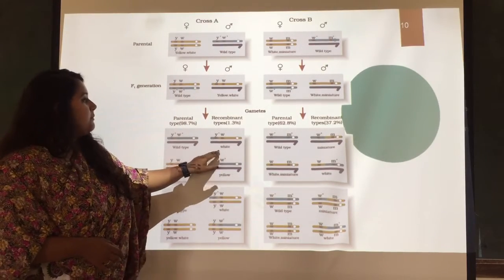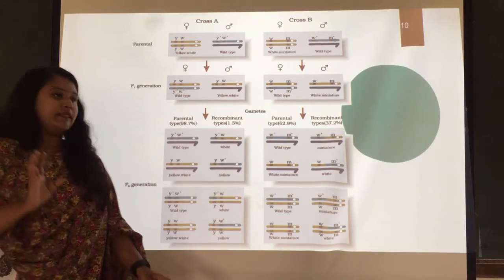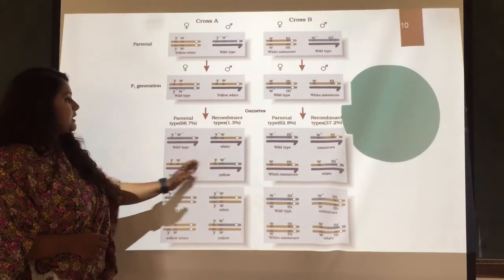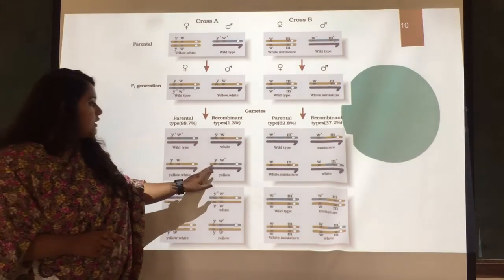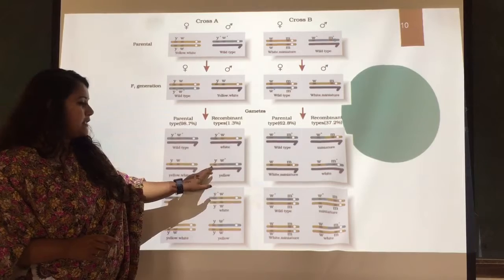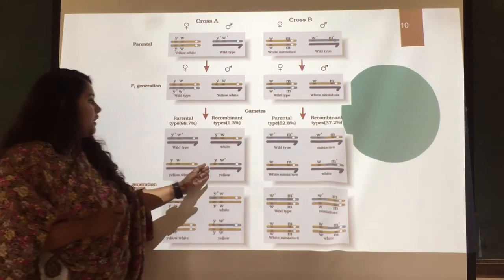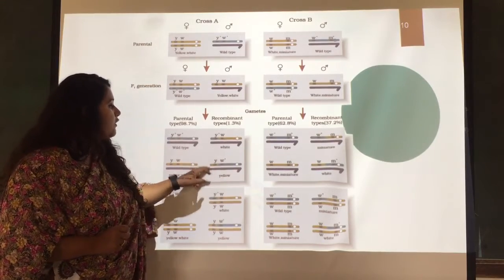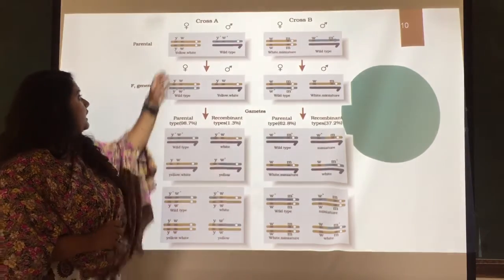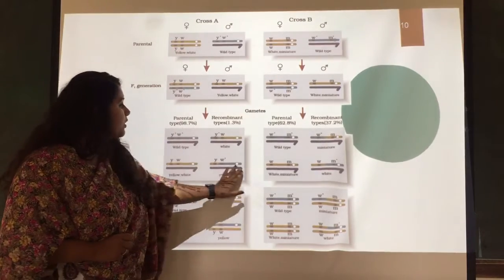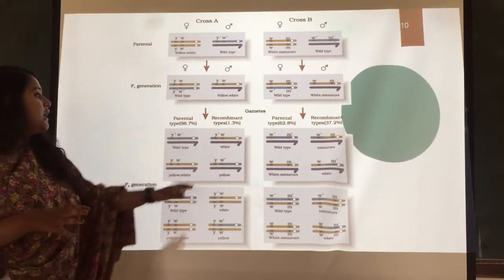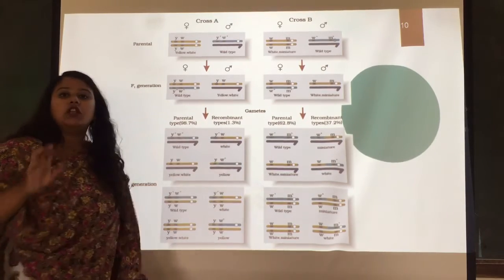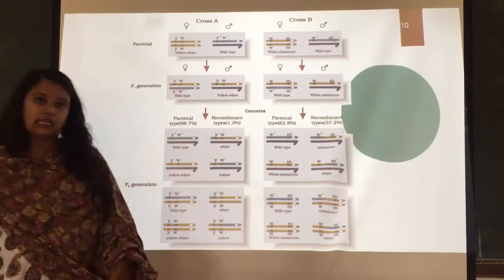So it is forming white because the gene for W is there. Next, here it will be yellow white because it will be same as the parent, and the second one will be yellow in color because small y is present, where some part is yellow and the other part is blue, right? So even though the dominance of white is there, yellow is observed because more portion of yellow is present. For this reason, even though recombination is observed and W plus is present, the color of this particular gene will be yellow, right?